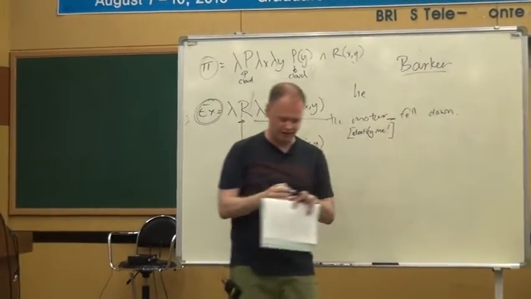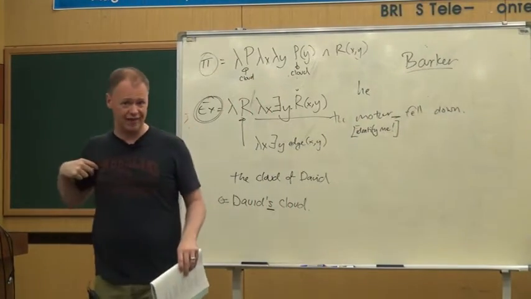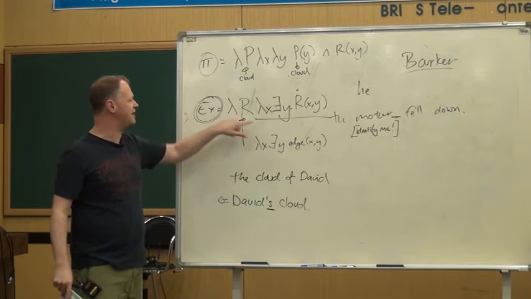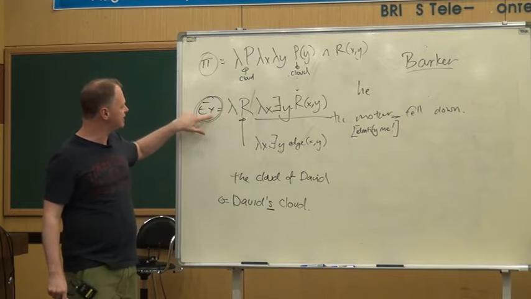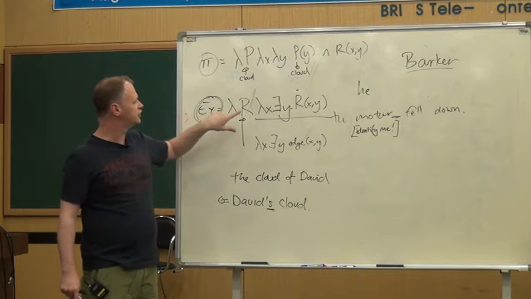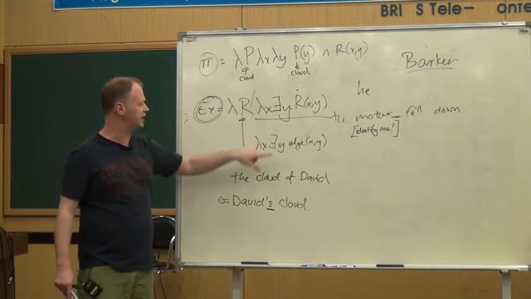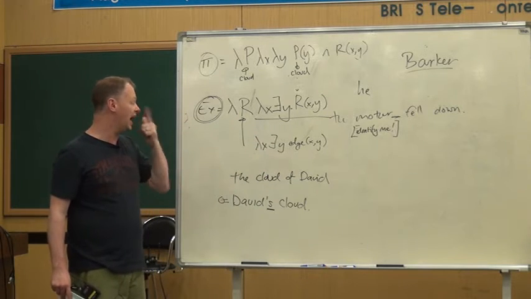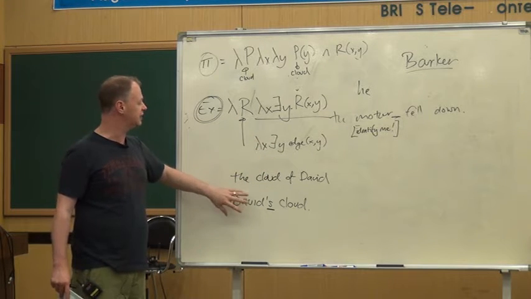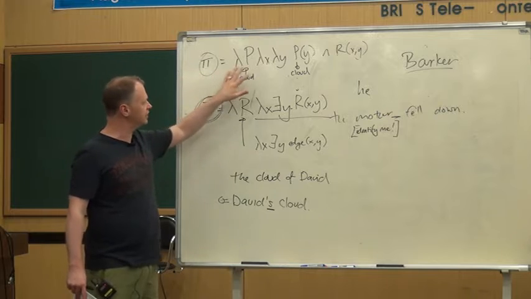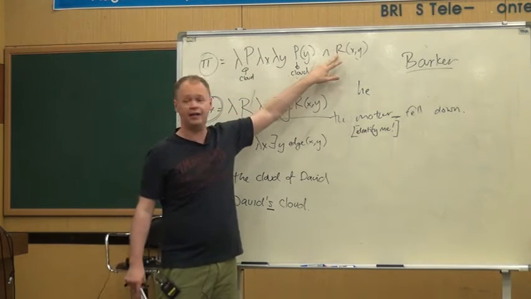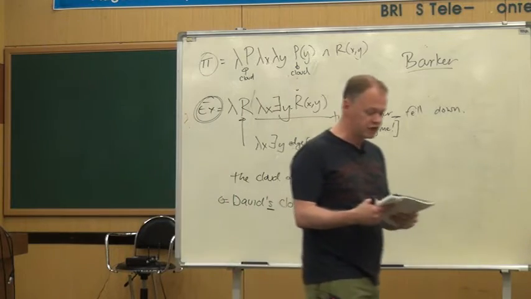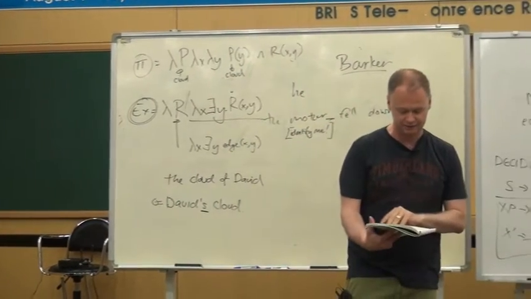So Chris Barker's analysis of the optionality of relational expressions, which is a semantic analysis where he says basically you have something that turns relational nouns into sortal nouns by binding off one of the arguments. Okay? And also what he does is he has something that turns sortal nouns into relational nouns by adding in a pragmatically general argument. And then I've given you a bunch of arguments against that.